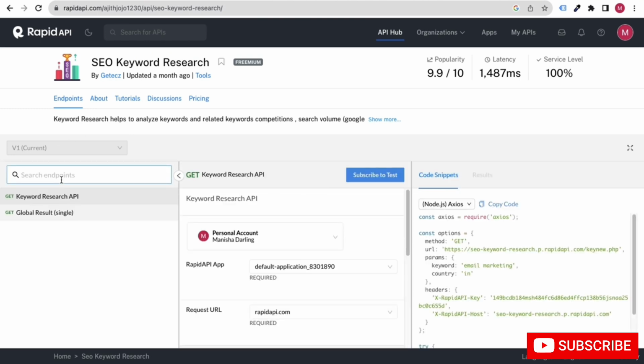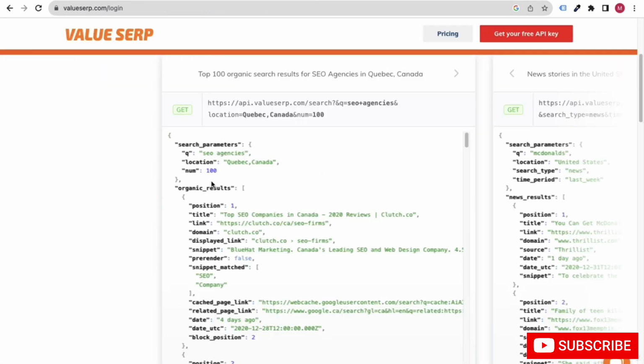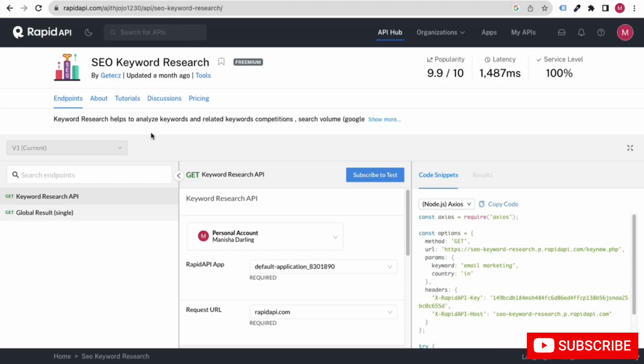So what we do is we take different functionality. We will take the functionality of the Value Serp API, we will take the functionality of this SEO keyword research tool, like a keyword research API, and similarly we will take different APIs and we will combine them or create a new API with them.